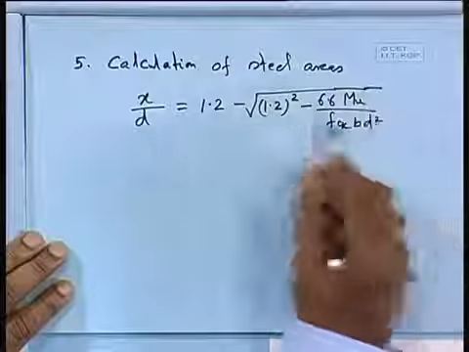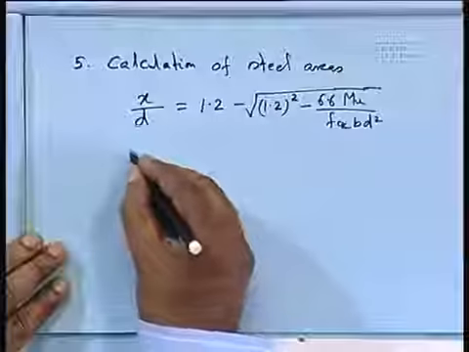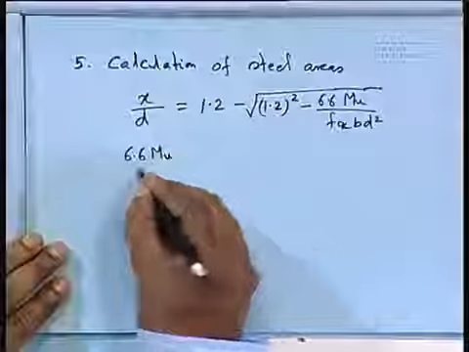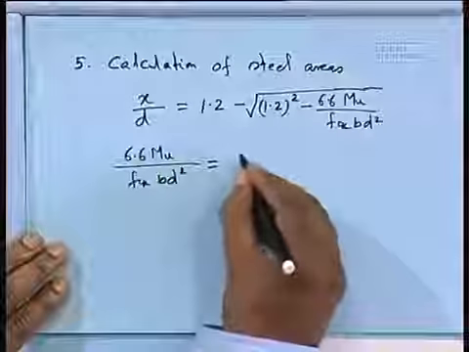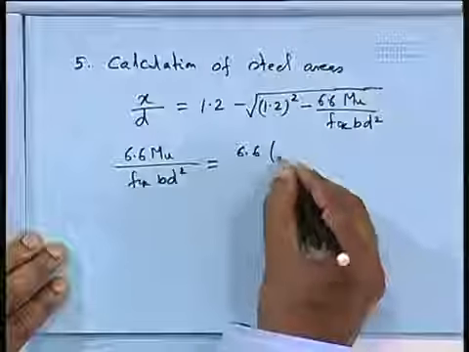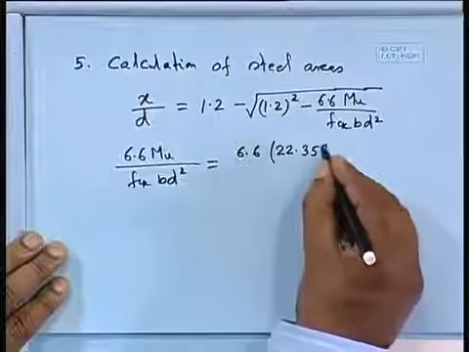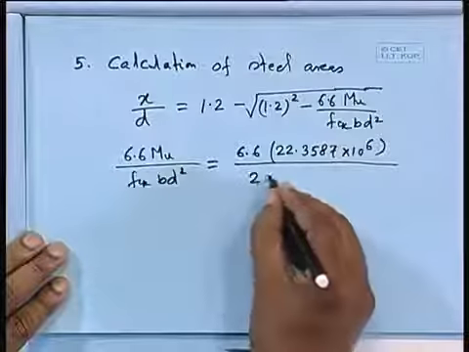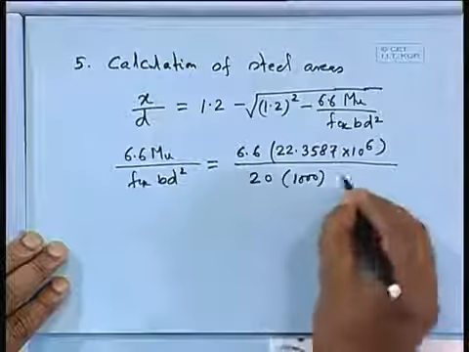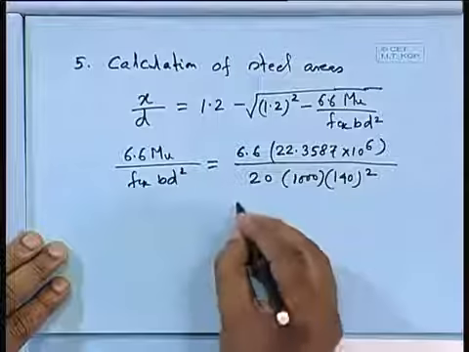This formula we can directly use if we can remember it, otherwise we can start from first principles. So, 6.6 Mu by fck bd square equals 6.6 times 22.3587 into 10 to the power 6 Newton millimeter divided by 20 times 1000 times 140 whole square, which comes as